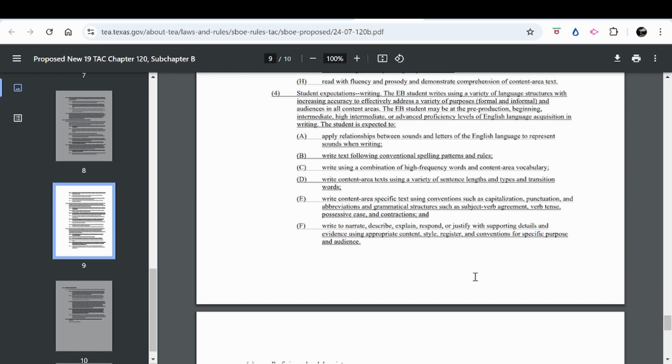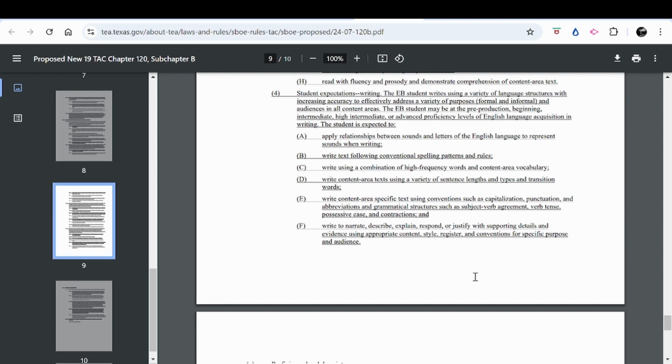B. Write text following conventional spelling patterns and rules. C. Write using a combination of high-frequency words and content area vocabulary. D. Write content area text using a variety of sentence lengths and types and transition words.